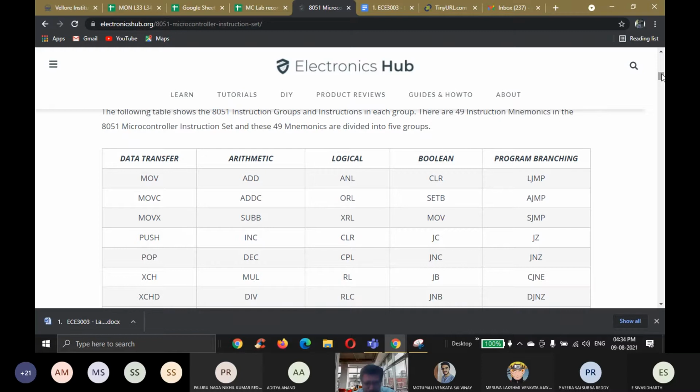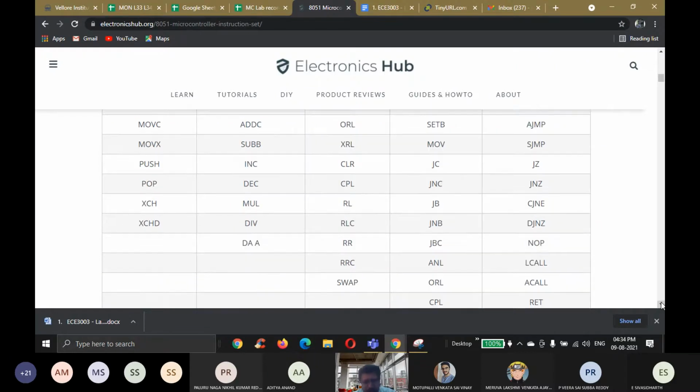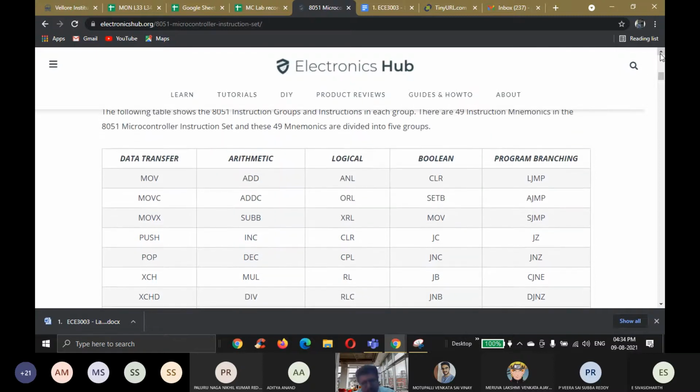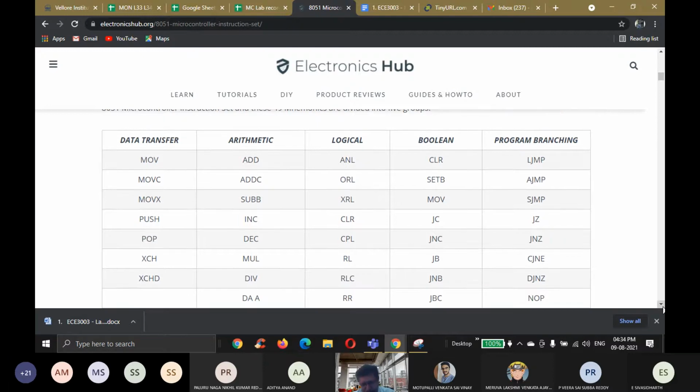Logical operations like AND operation, OR operation, XOR operation, clear, complement, rotate left or right, through carry or without carry, swapping. All these come under logical operations. Next comes the Boolean, that is bitwise manipulations. The instructions which perform bitwise Boolean algebra you would have studied. Bitwise manipulations are grouped under Boolean or bit processing instructions.